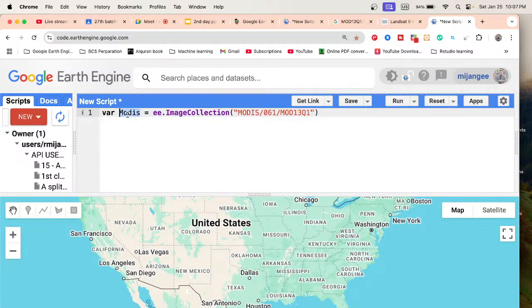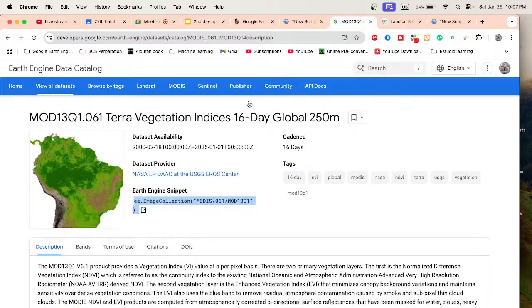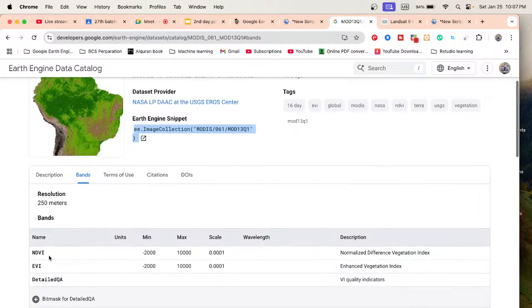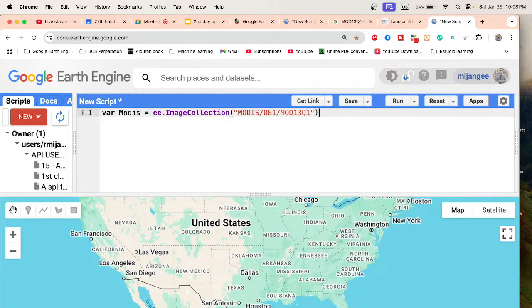You can put any name as a variable. And if you check, this image collection has two bands. If you check the band names, basically NDVI and EVI. Suppose I want to work only with the single band of NDVI. Okay, so for that just use the dot select function for selecting a specific band. I want to select, suppose, NDVI. Okay, so from this image collection I select only the single band, and further